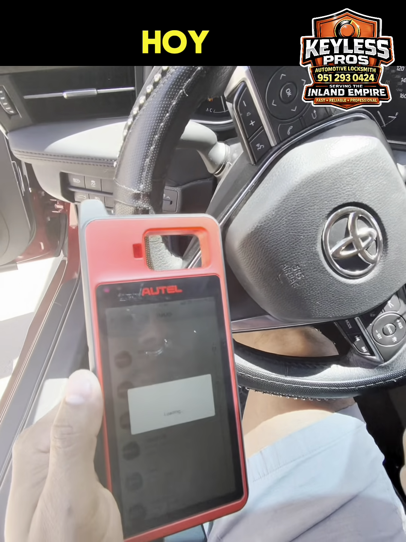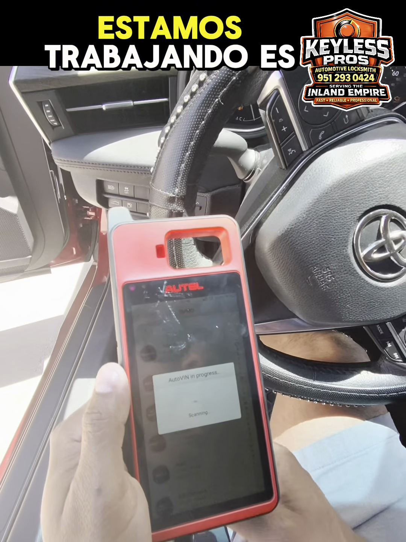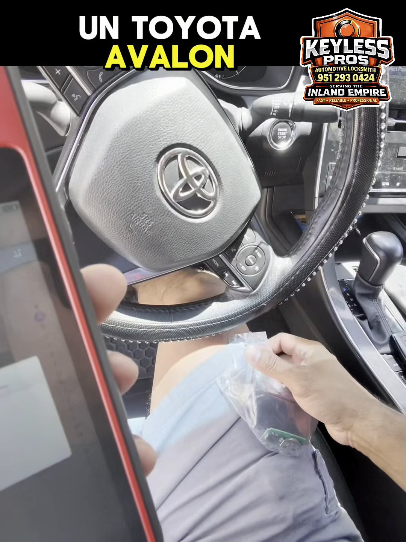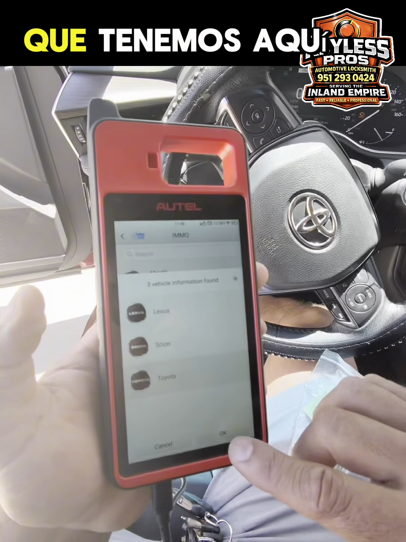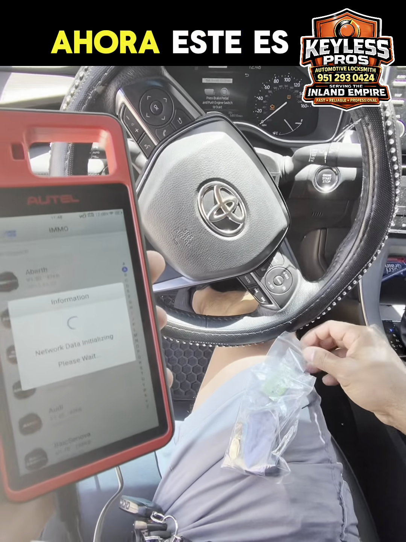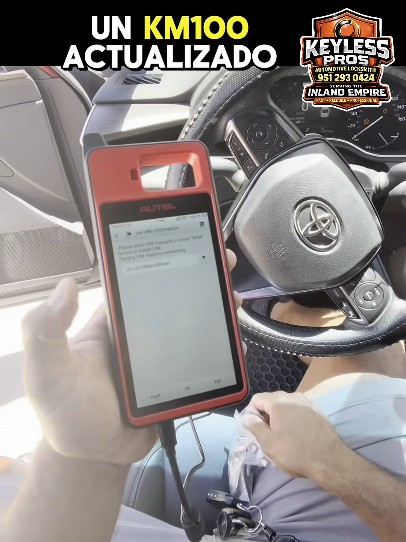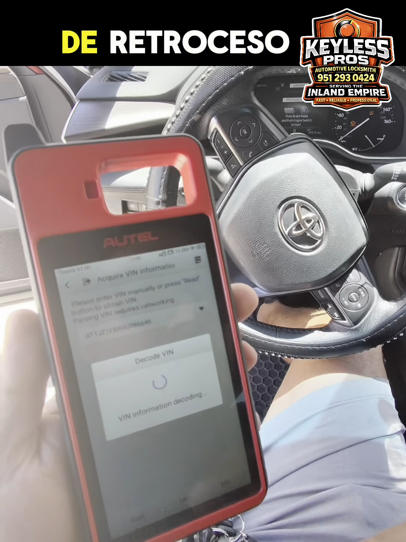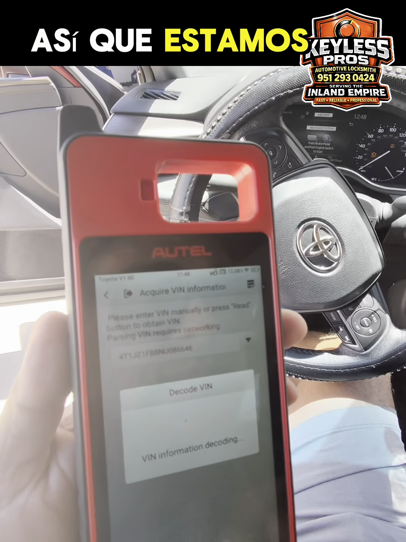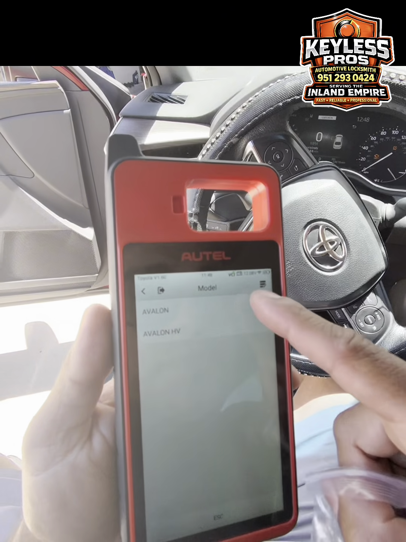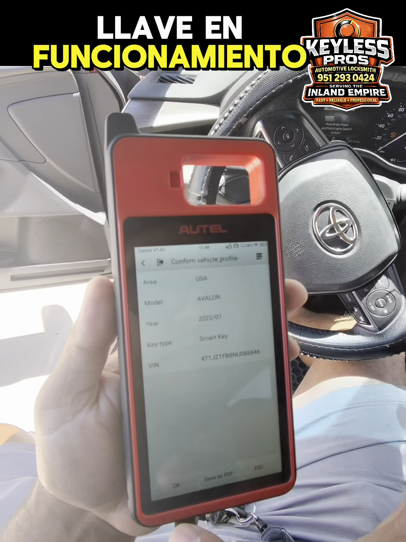On today's episode, what we're working on is a 2022 Toyota Avalon, and this is a push to start vehicle. So what we have here is the Autel KM100. Now this is an updated KM100 with the retrieve functions of Ford, GM, and Toyota. So we are using the Toyota functions today, and we do have one working key, and we're going to add